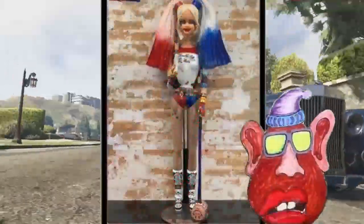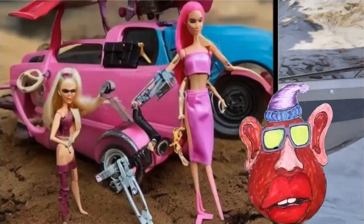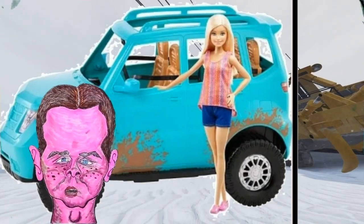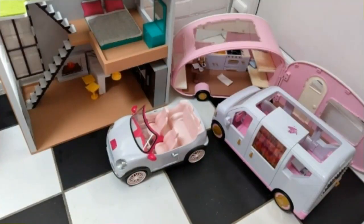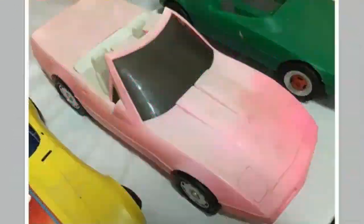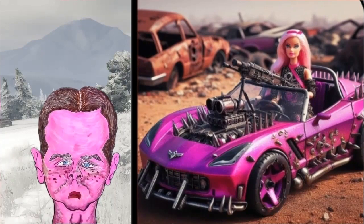Well, you know, you always end up doing stuff with her cars, didn't you? Well, the thing is, though, there were so many cars what came out, and they're quite big in the house. So you put them outside, sunshine gets to them, and they start fading. And all I did, you know, because the new Barbie movie came out and all that, look, I just did, it's